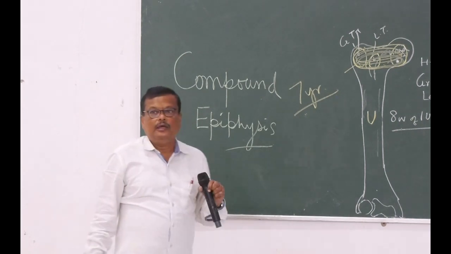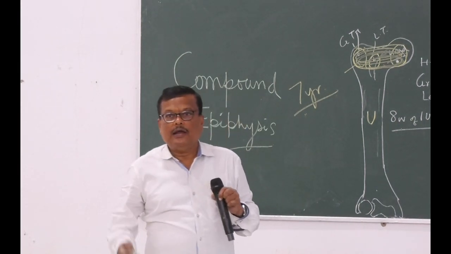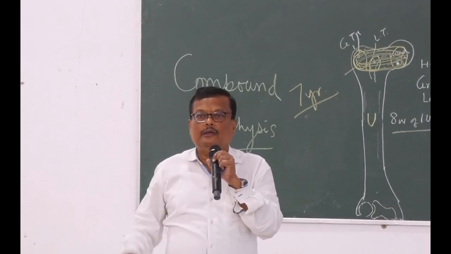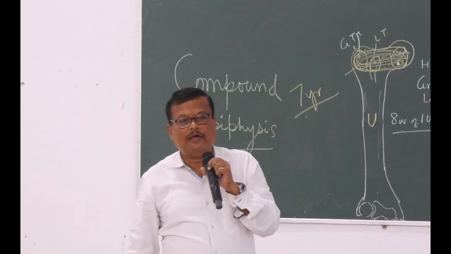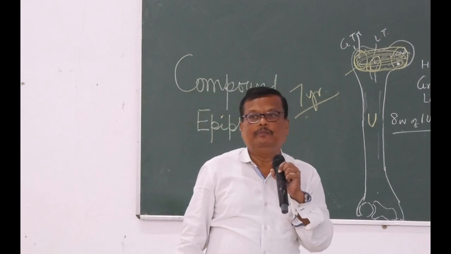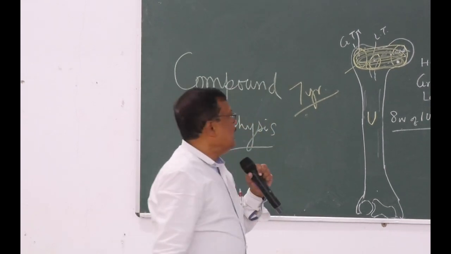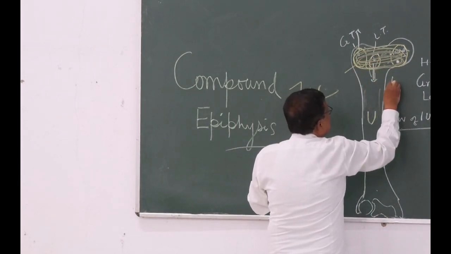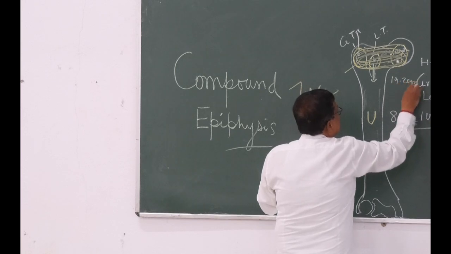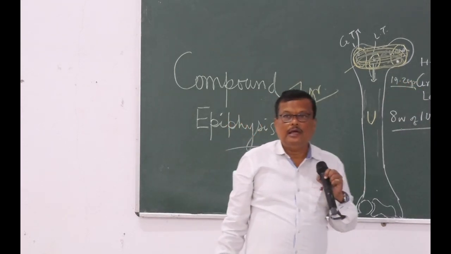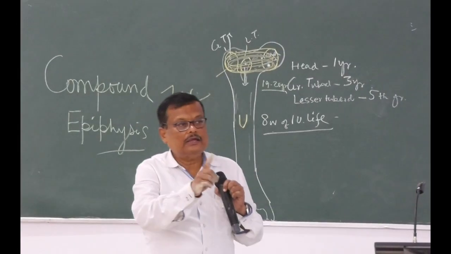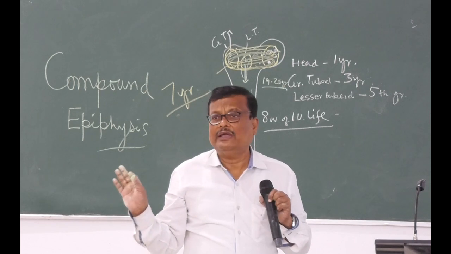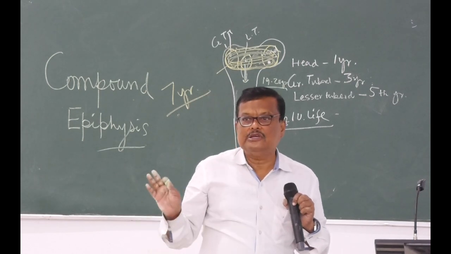এই যে এপিফাইসিস, এটাকে বলি আমরা কম্পাউন্ড এপিফাইসিস। আর যে এপিফাইসিস ডাইরেক্টলি জয়েন করছে ডায়াফাইসিসের সাথে, তাকে আমরা বলি সিম্পল এপিফাইসিস। And ultimately this compound epiphysis joins with the shaft at about 19 to 20 years, as it is a growing end. এইটা তোমাদের অবশ্যই মনে রাখতে হবে। লোয়ার এন্ড ইউজুয়ালি কেউ জিজ্ঞেস করে না, তাও আমি বলে দিচ্ছি।